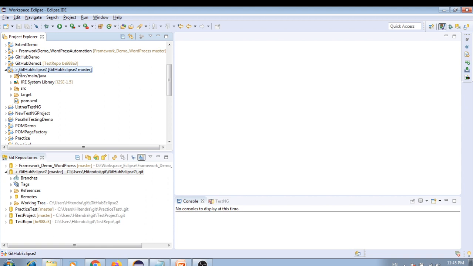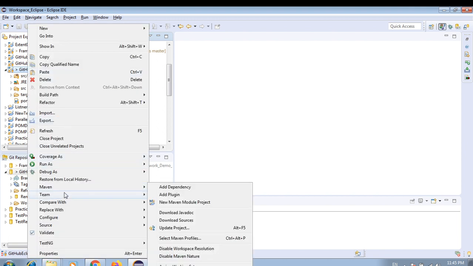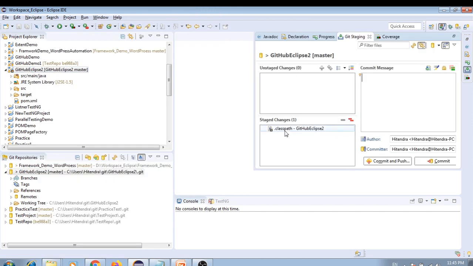Okay, now it is showing this greater than symbol, so that means it is added to the repository, but some files still need to be pushed. So just right click, Team, and Commit, and you can see this .classpath is seen over here.